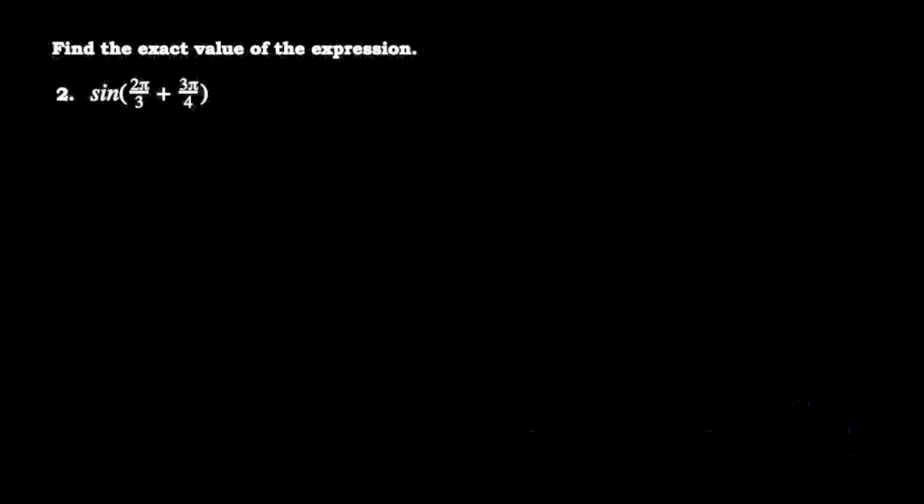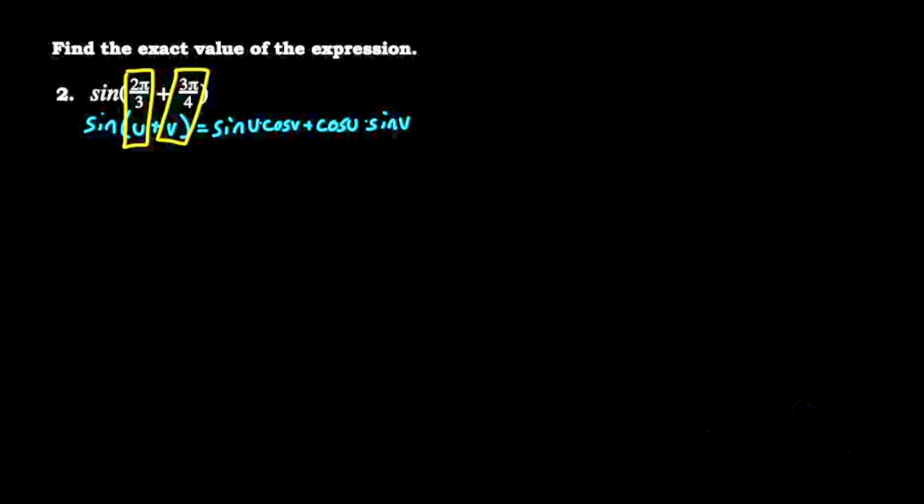Again, this one says find the exact value, so I'm not going to use my calculator and just plug this in. I'm going to write out the work using those identities. So we've got sine of one angle plus another, and that identity looked like sine of u times cosine of v plus cosine of u times sine of v. So again, the two angles I'm working with are 2 pi over 3 for u and 3 pi over 4